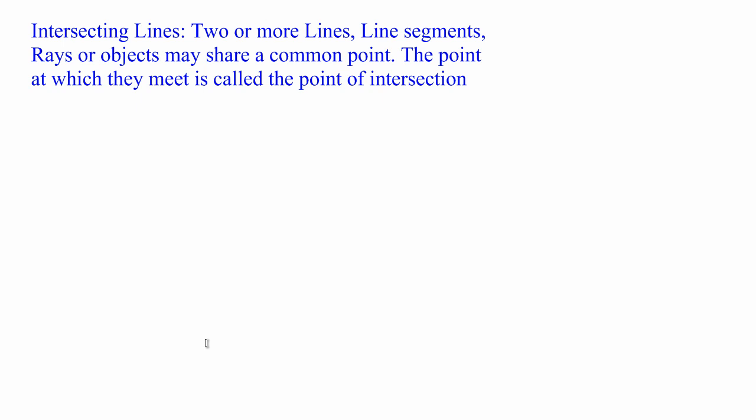Now, here's another important term in geometry, and it's intersecting lines. As it relates to intersecting lines, two or more lines, line segments, which we have looked at in previous lessons. So if you're not sure, it's best to review those lessons. So two or more lines, line segments, rays, or objects may share a common point, right? Now, the point at which they meet, or that point which they share, is called the point of intersection,